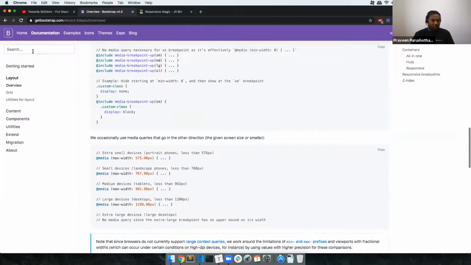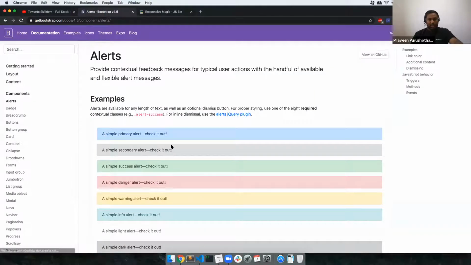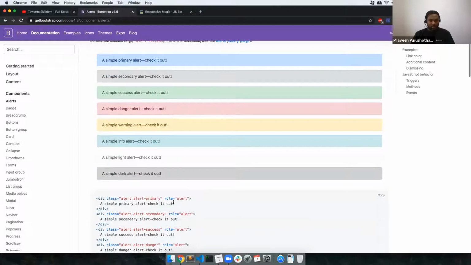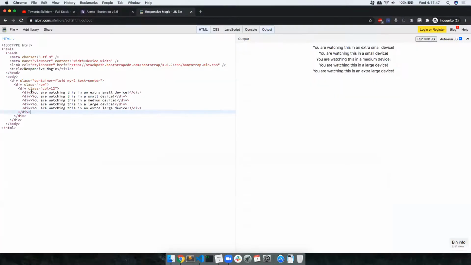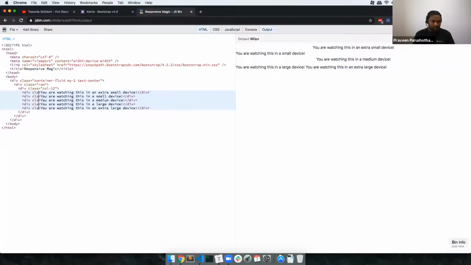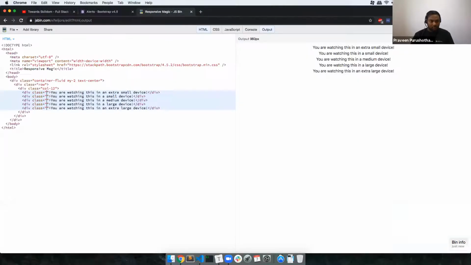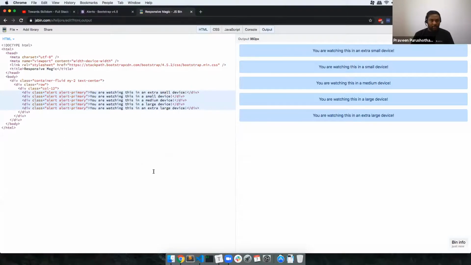Now I wanted to show you something called alert. So let's have these alerts. All I need to do is copy this alert: primary, secondary, success, and so on. All these things I can put. Let me put all these classes here. Not everything needs to be the primary class.